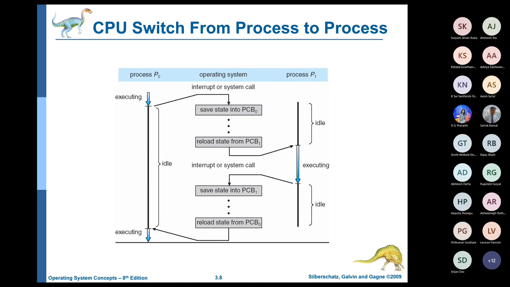Now, how does this time slice expiry business happen? Suppose the scheduler decides that it is going to give the next process about 10 milliseconds to run. After that, there must be a context switch. The context switch time is arranged such that it is usually much smaller than the time quantum. Because if, say, on average 10 milliseconds is given to one process, a context switch will probably take 1 millisecond or less,